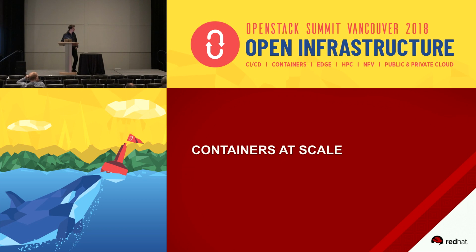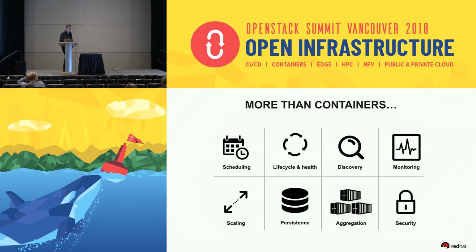But what about containers at scale, right? Running Docker, your container runtime, on your laptop is one thing, but deploying 1,000, 10,000 containers at scale in your data center, across multiple data centers, is another issue. There are challenges around scheduling, managing the life cycle of the container from dev into production and retirement,